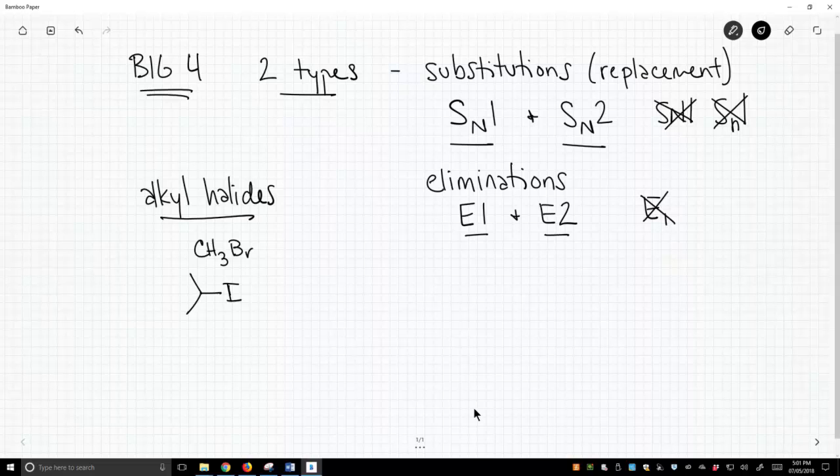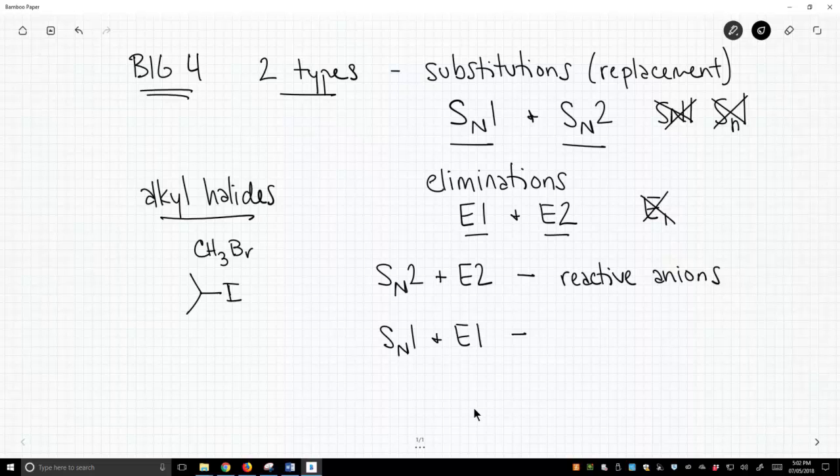And in general, we're going to group the SN2 and the E2 together. And we're going to group the SN1 and the E1 together. Both the SN2 and E2 go together because they involve reactive anions. And the SN1 and the E1 are going to go together because they both involve a common intermediate. They're both going to involve carbocation